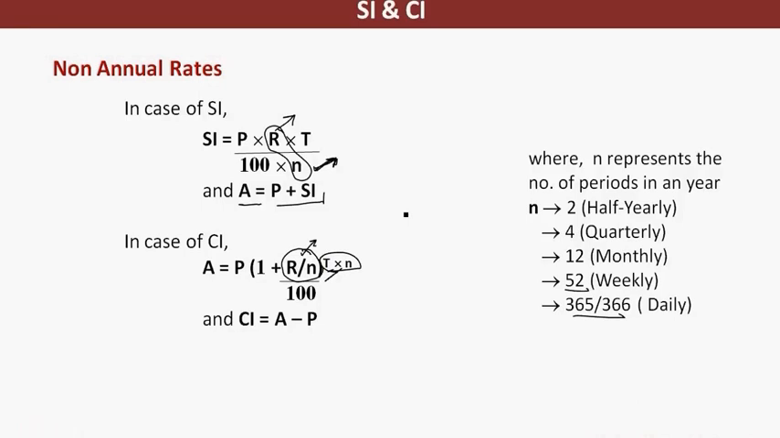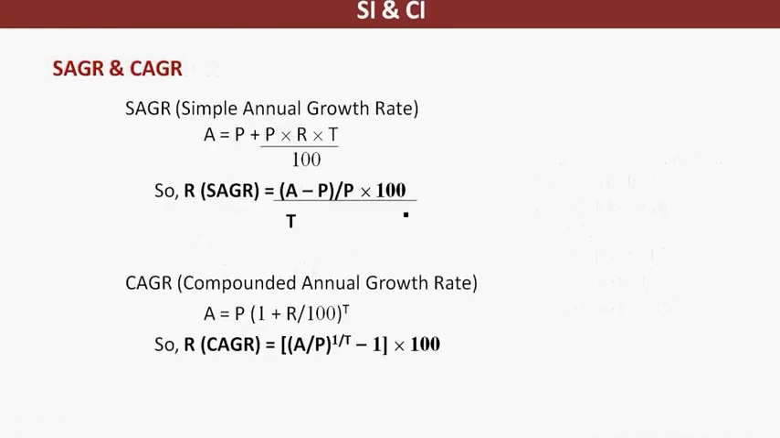So if I talk about a quarter, the compounding is not happening once in a year. It is happening 4 times in a year. So T, which was a number of years, would be converted into number of quarters. The rate would be a quarterly rate, and the time would also be in the time periods where I am calculating the compounding frequency. The last thing that we'll be discussing in this topic would be simple annual growth rate